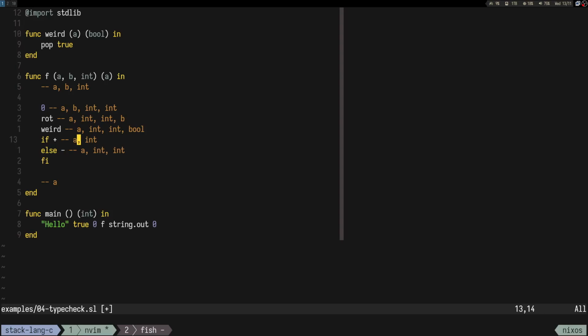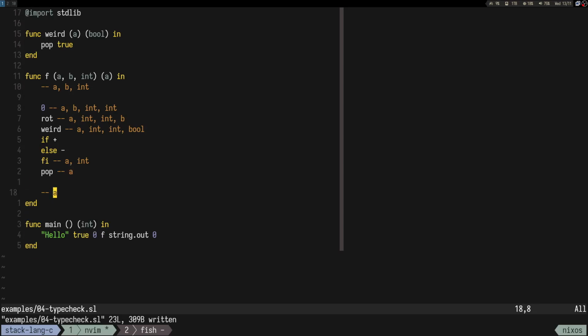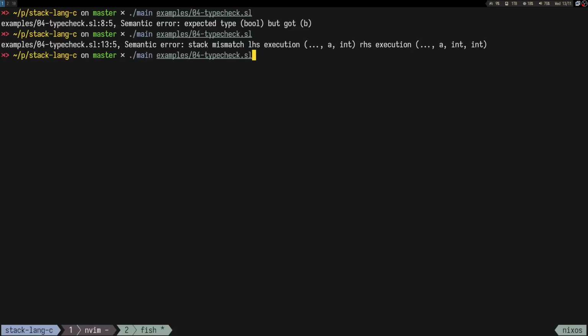So let's say we do minus here, and now we have the same result for the if, right? We have an a and an integer, right? Next we can do something like pop, and pop is a function that takes a and doesn't return anything. So a is gonna match with int, so we are gonna have a left on the stack, and a is gonna match with this a right here. So if we type check, it passes everything,